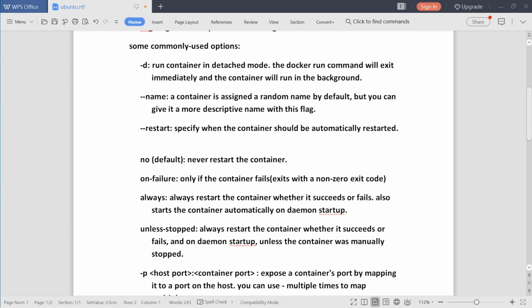For that we use the always flag. Unless-stopped: always restart the container whether it succeeds or fails. This is also the same, but there is a little bit of difference between always and unless-stopped.